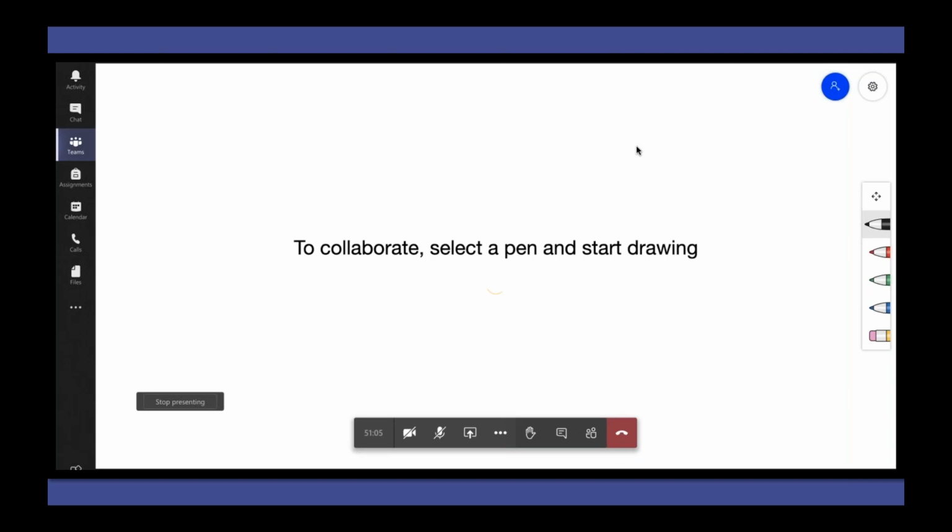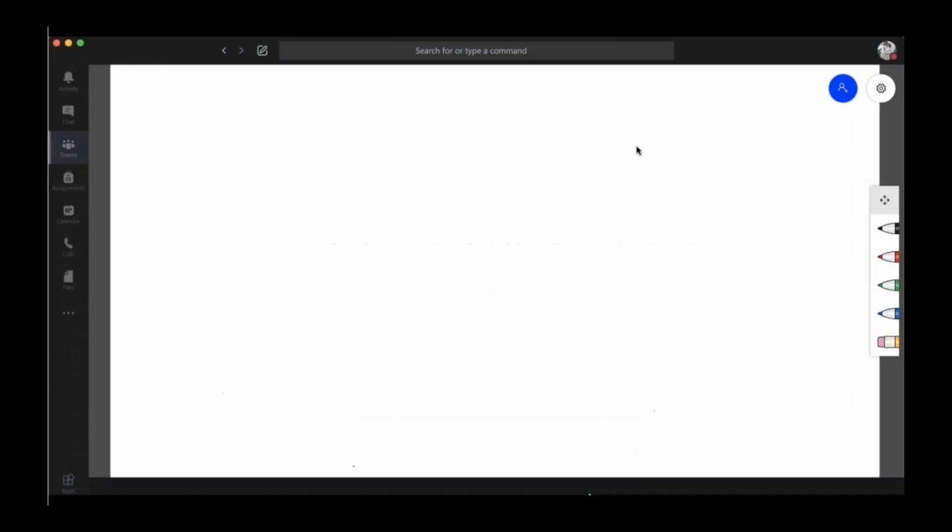Another nice little feature within Teams is the ability to share a whiteboard with your class. This can be used to express or explain key learning concepts. To do this, you start a call, and using the share function, which is the little square with the arrow pointing upwards, you can select the whiteboard feature. This, in essence, gives the teacher and students the ability to view and collaborate on an interactive blank canvas.